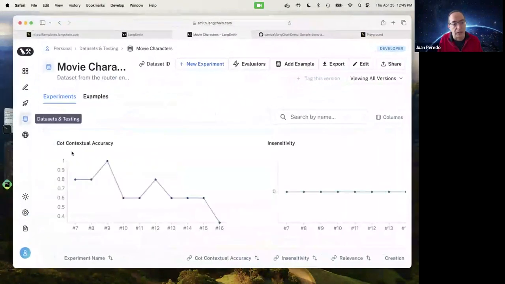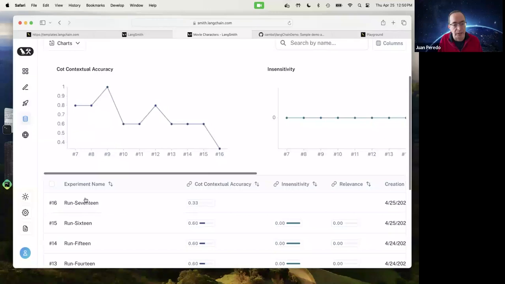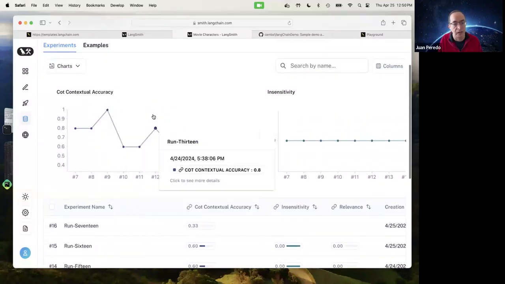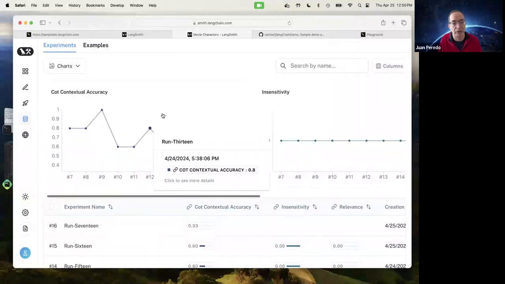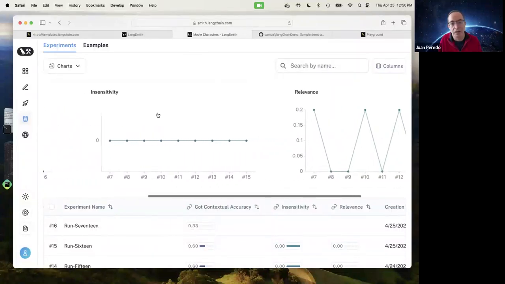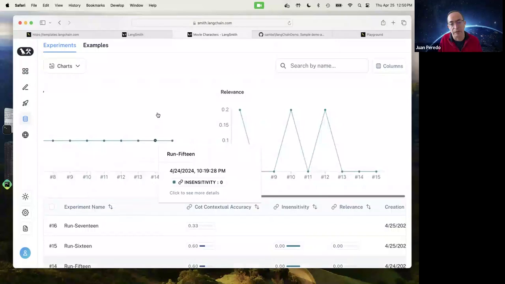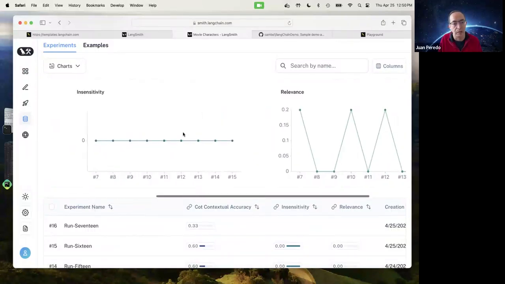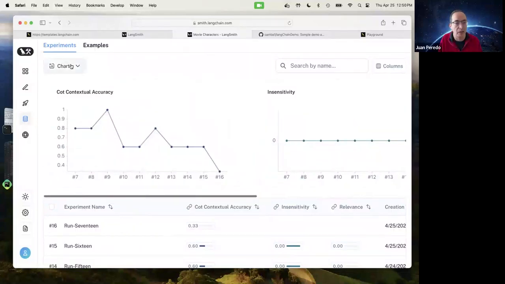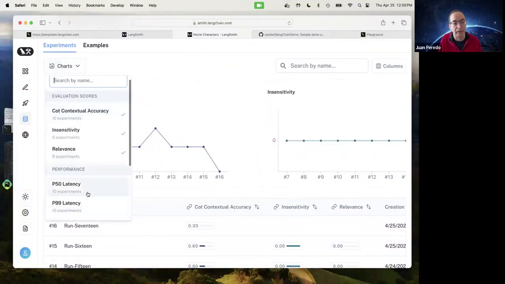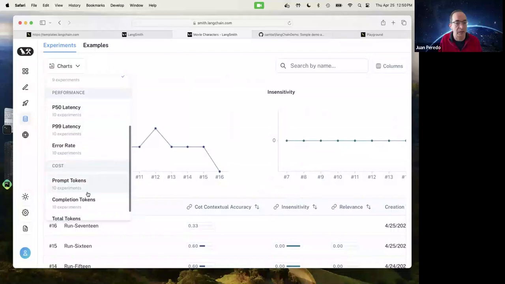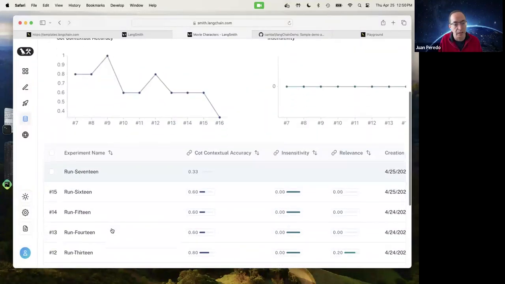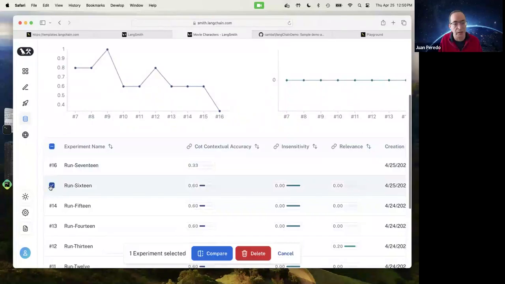And while that's running, let's take a look over here. We can see that it started running. We can see that my previous runs, I have a number of charts that show how good or bad they were doing. You can also see the latency of each one of those runs, error rate, prompt tokens, etc. And I can even compare the runs.